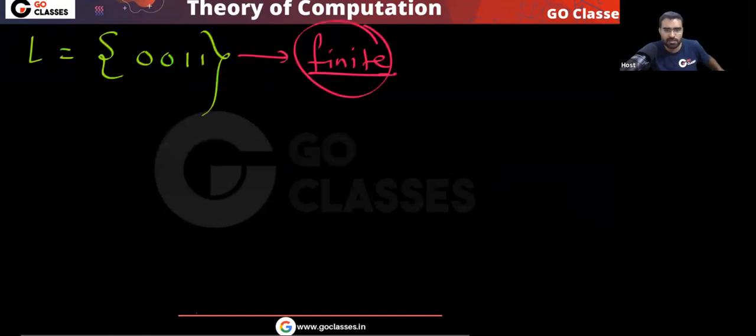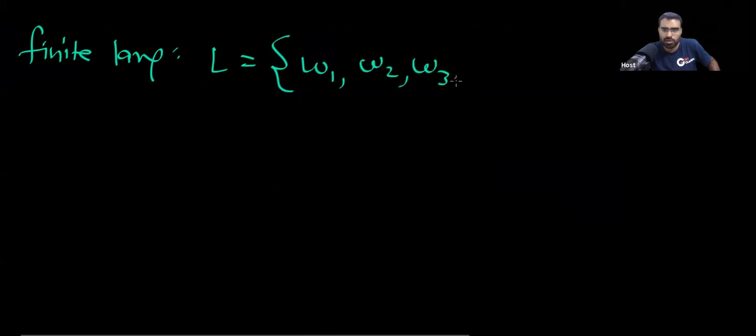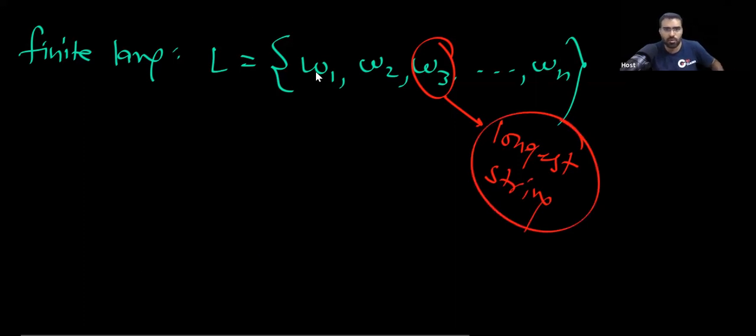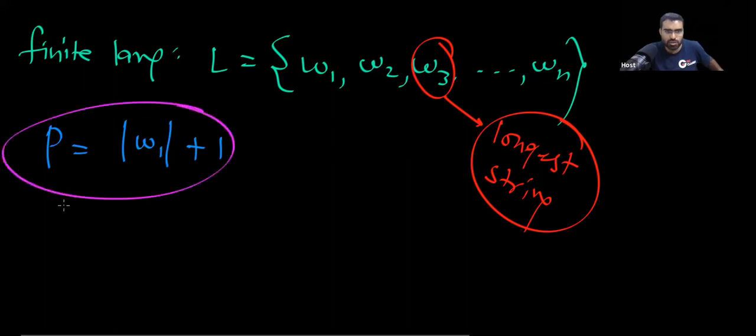Because this is a simple point. You have a finite language L: W1, W2, W3, and so on, Wn. Let's assume this string is the longest string. Now you tell me, if this string is the longest string and I take p equal to the length of this string plus 1,